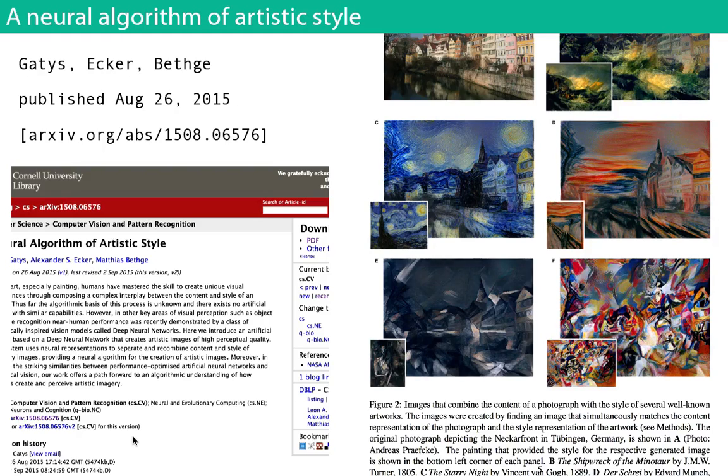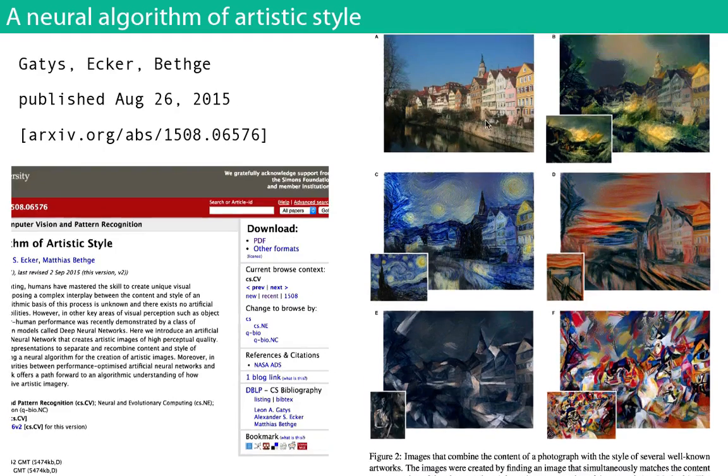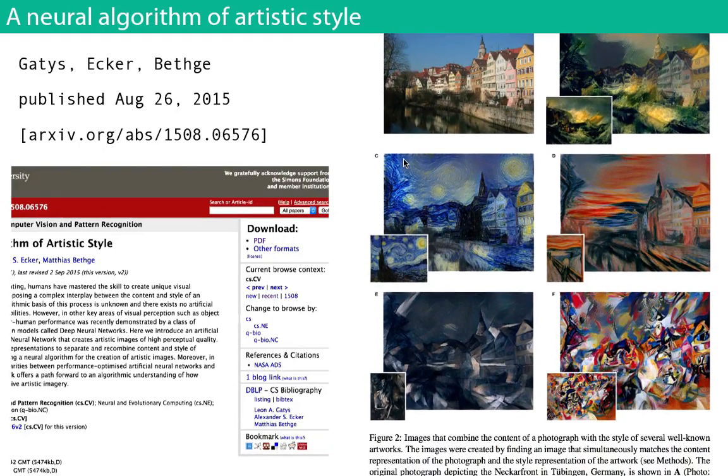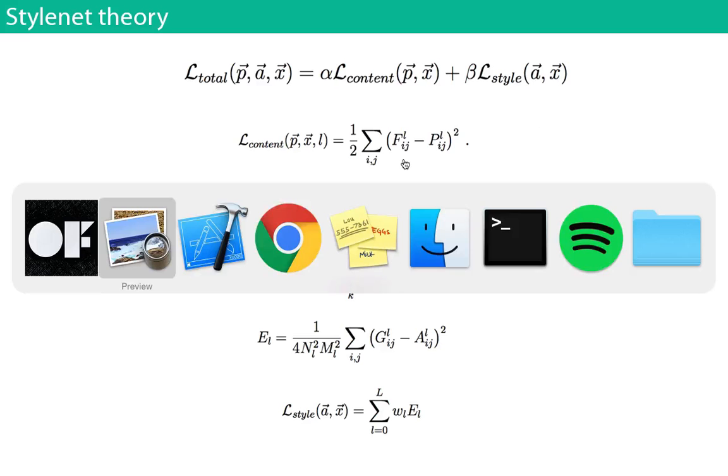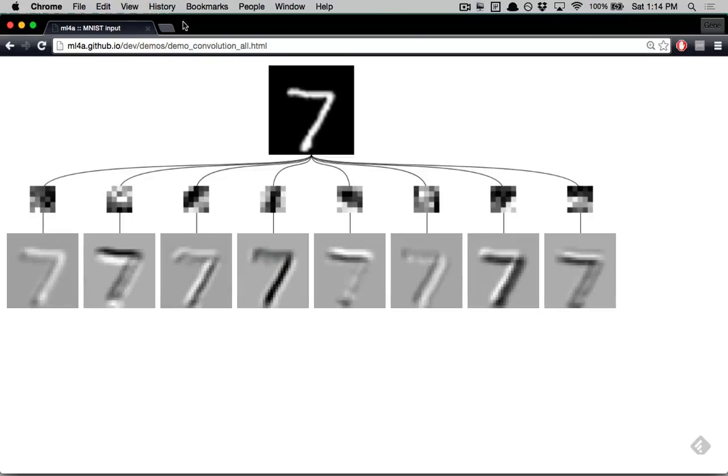Oh, really? Okay. Well, this was first demonstrated at the University of Tübingen, and they wrote this paper, and then there were a few implementations that came out afterwards, and this is how it basically works. And I'm going to actually try to explain this through a demo that I have.